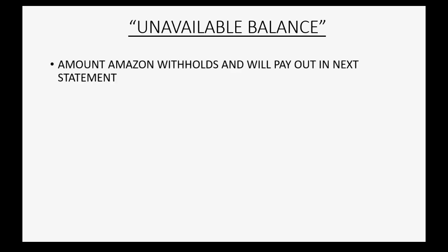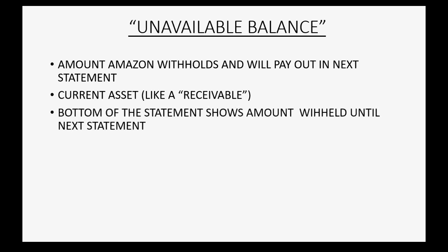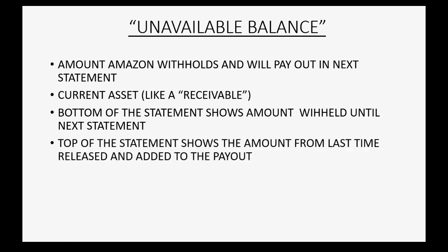What is the unavailable balance that's listed on your bi-monthly Amazon deposit statement? It's an amount that Amazon withholds and will pay you in the next statement. It is technically a current asset like a receivable because you will receive it in the future. The bottom of the statement shows the amount withheld until the next statement, and the top of the statement shows